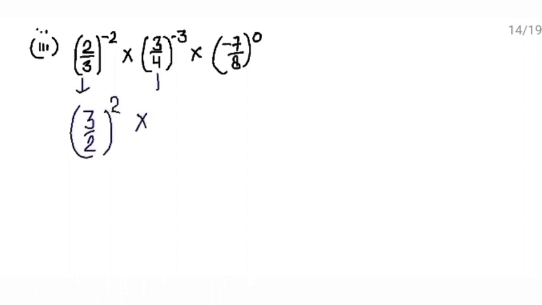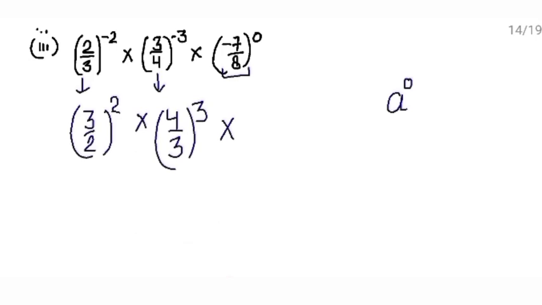Multiply again. Make the power of this 3 upon 4 positive. So write the reciprocal of the base. Base is 3 upon 4. So reciprocal will be 4 upon 3 and its power will be positive now. Students, in previous class I have mentioned that if any number or any rational number has power 0, then its value will be 1. So here the power is 0, so its value will be 1.